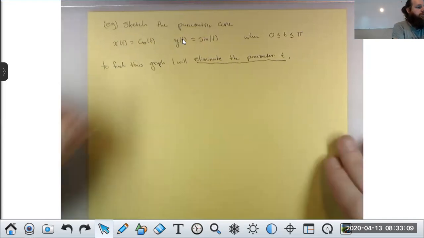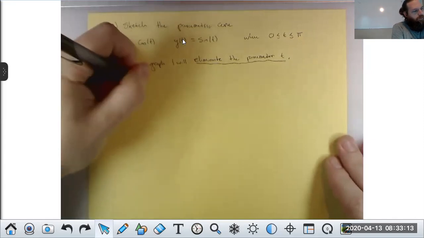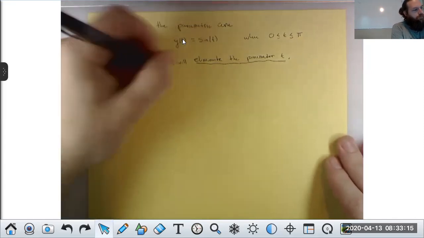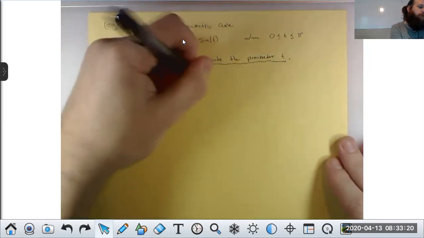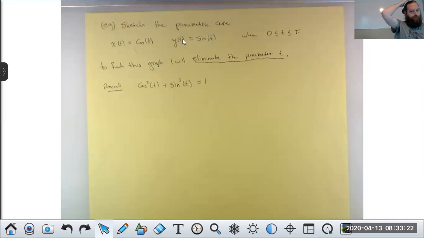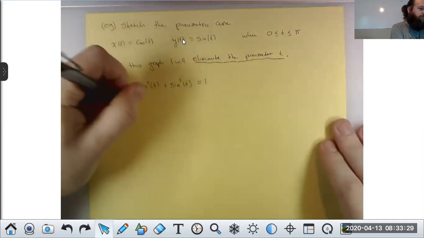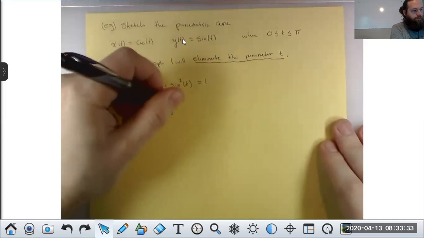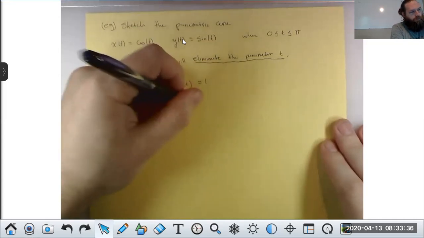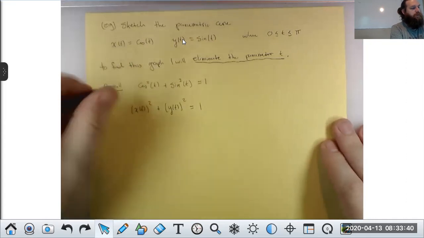And the observation here, I would say, recall that cos squared of t plus sine squared of t is always equal to 1. All right, that's that Pythagorean identity. So if I take x of t and I square it and I add that to y of t squared, I'll always get 1 because x of t is cos t, y of t is sine t. In other words,